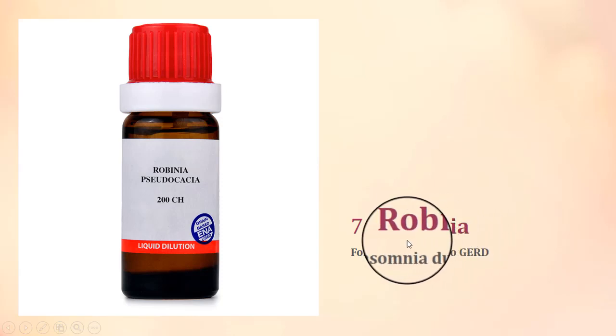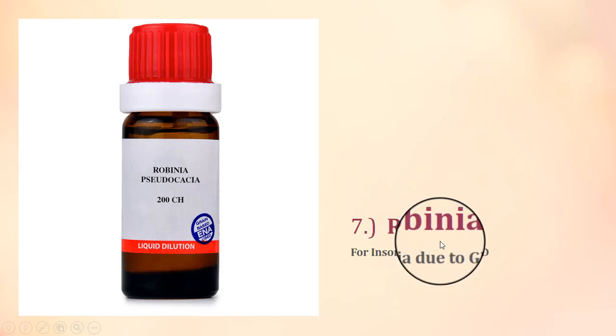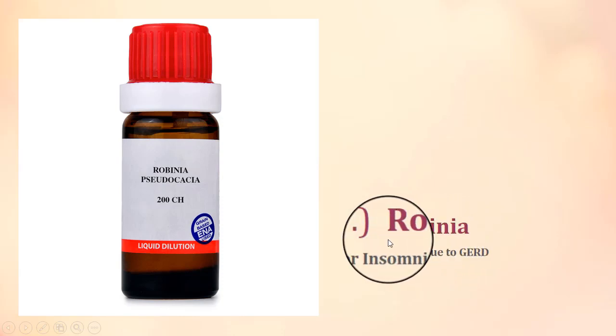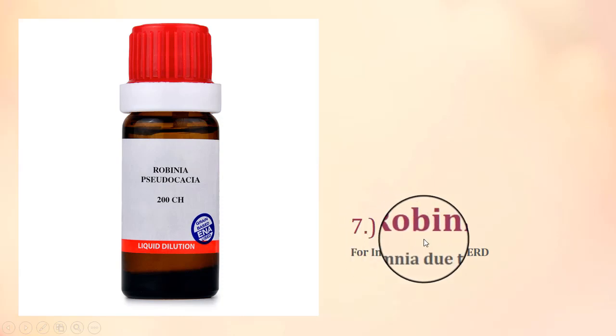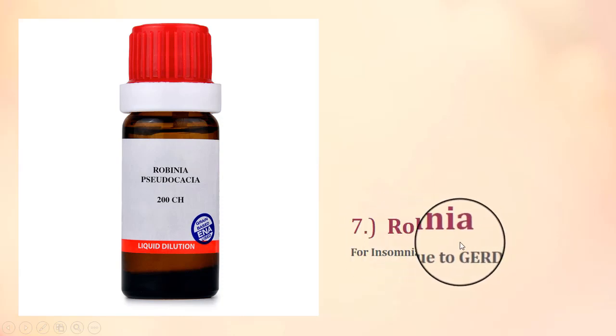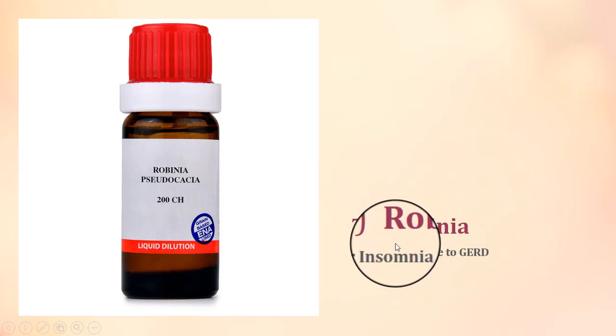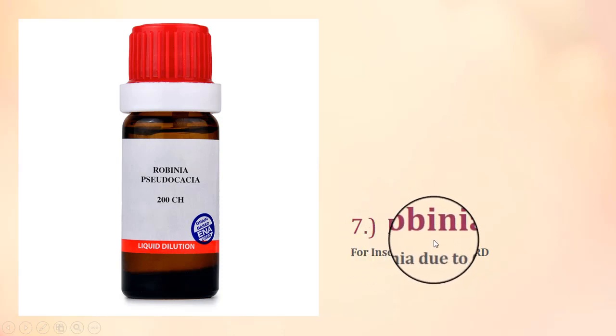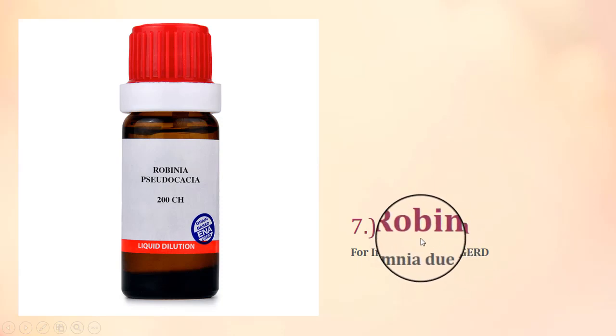So homeopathic medicine Robinia treats GERD and its acid reflux symptoms, and this usually resolves the problems of disturbed sleep. So this was all about the top 7 homeopathic medicines which you can prescribe